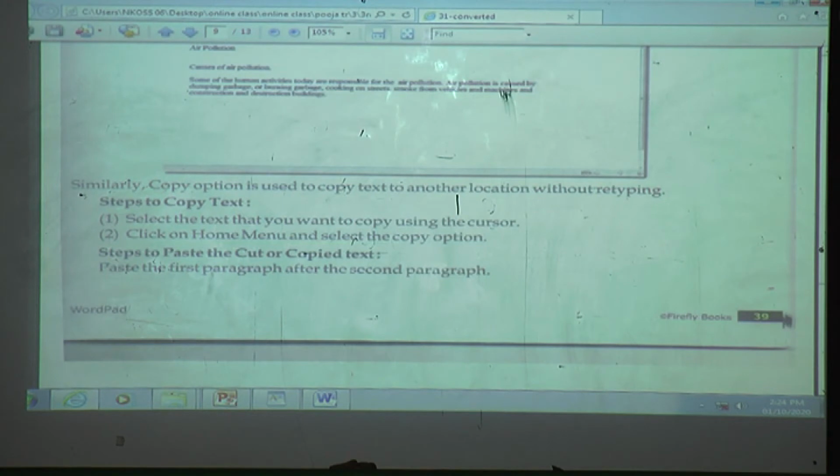Cut paste is useful for moving the selected area, and copy paste is useful for duplicating the selected area.